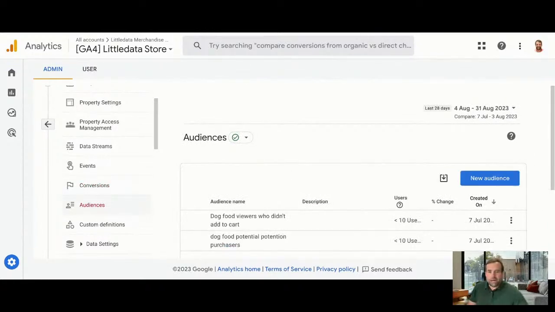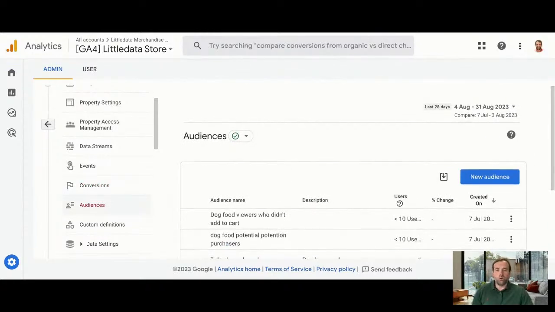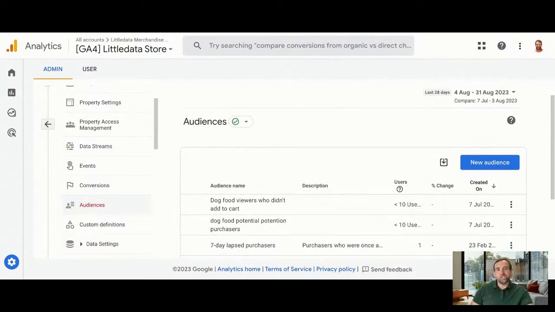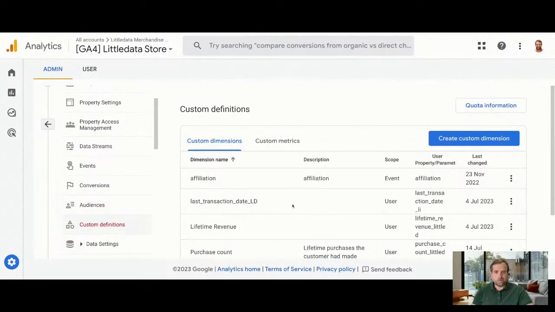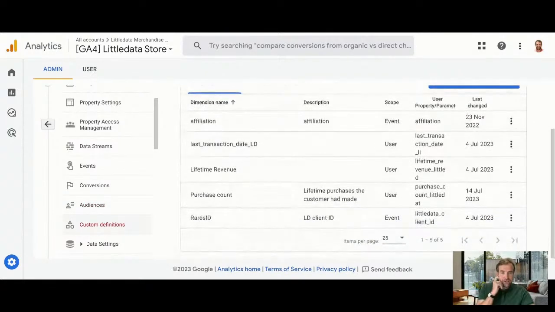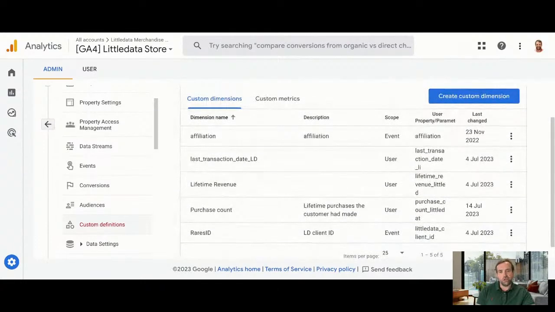Audiences. Well, I'm going to come back to this, but we want to basically set up custom audiences that we can share with Google Ads. But let's look at custom definitions first of all. Right, custom definitions. There's lots of clever stuff that Littledata sends alongside the standard e-commerce properties, and this is sent to Google Analytics. It's captured in the server, but it's not shown in your reports unless you create a